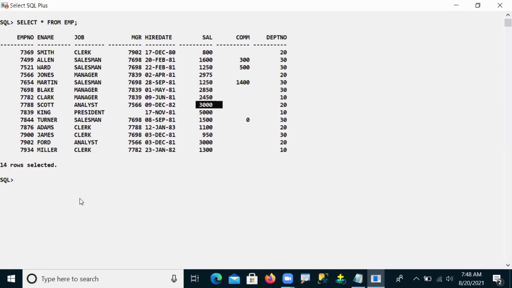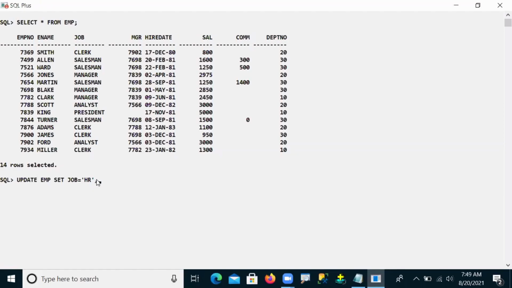How to update it: update EMP table, my table name, set. What I want to change here is the job, for employee 7788 whose E name is Scott. The job is analyst, and I'm changing it to HR.